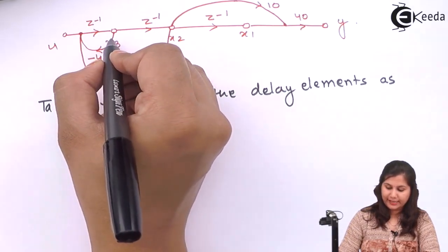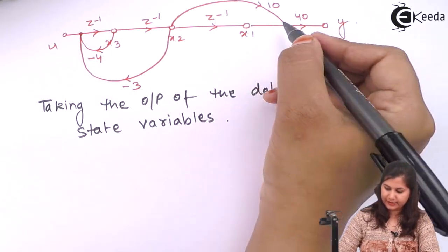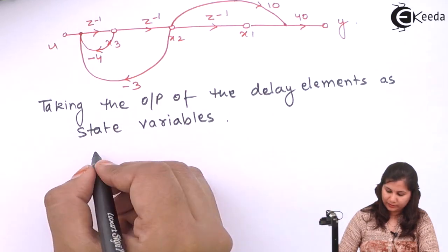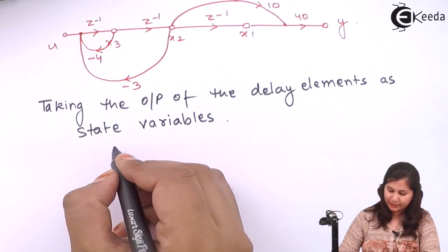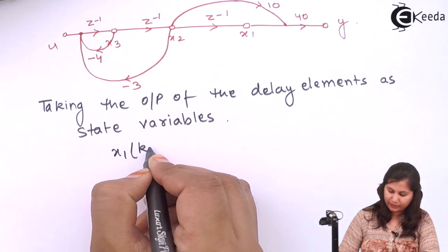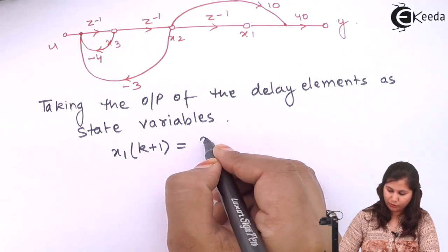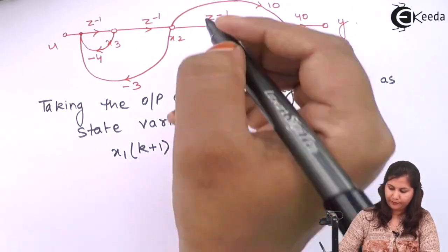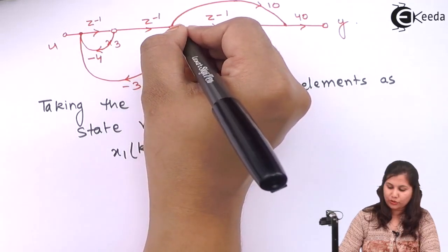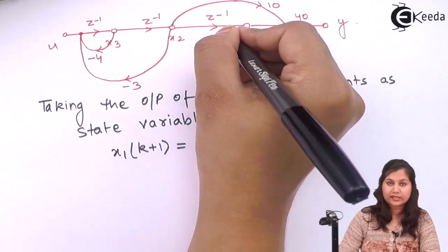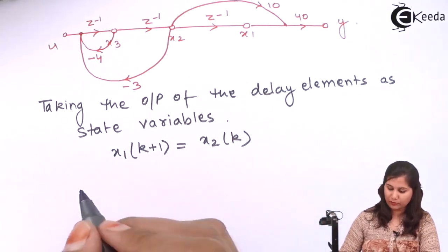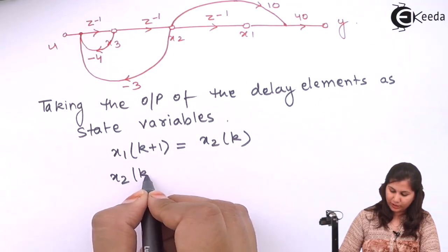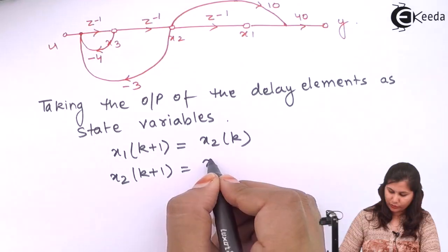Now input is x3, this is x1(k+1). We are taking the output of the delay elements as the state variable. So we have x1(k+1) equals to x2(k). Here x2(k) is the input to this unit delay, so it will be x1(k+1). Then we have x2(k+1) equals to x3(k),